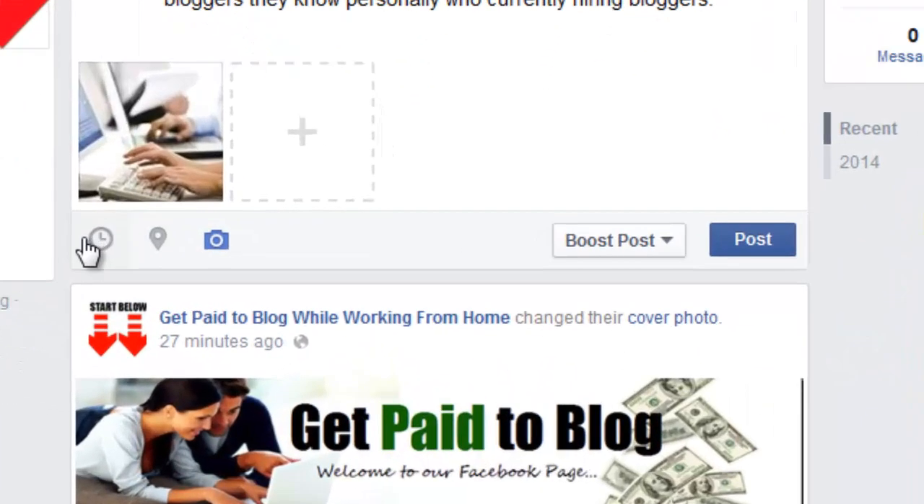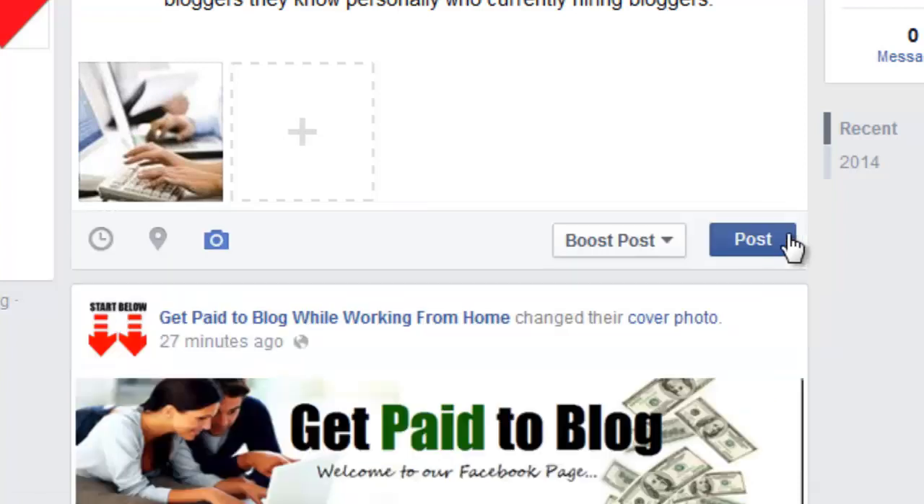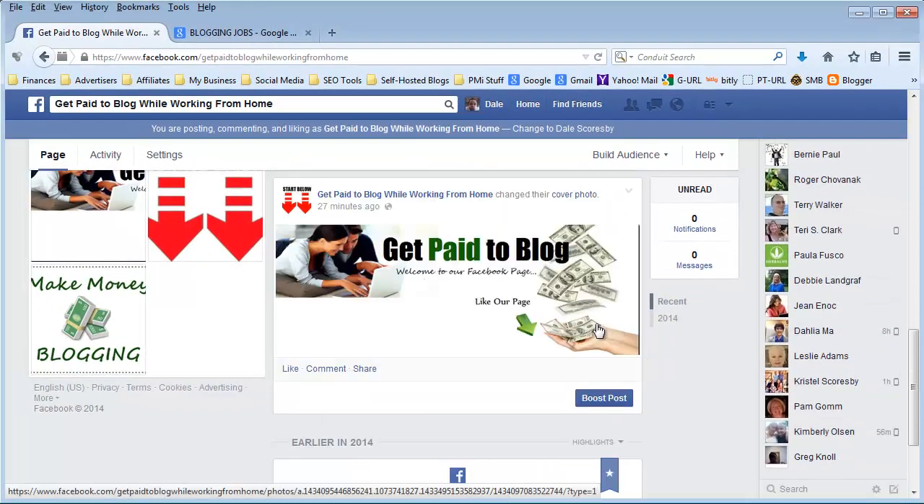You do that right here by selecting this option at the bottom of the post. There's a little clock looking thing. You just hit that, and you can put in the date and time of when you want it to be posted. But I want to have this go out immediately. This is my first post on my new page. So I'll just hit post right here. And as you can see, once it does that,